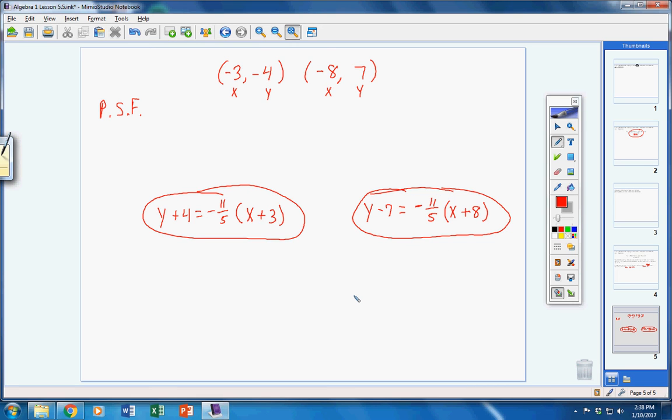I hope this has made sense. I hope you understand what point slope form of a linear equation is. It is a y here, a constant term here, equals a number here, then parentheses x, and a constant term. That is the slope intercept form of a